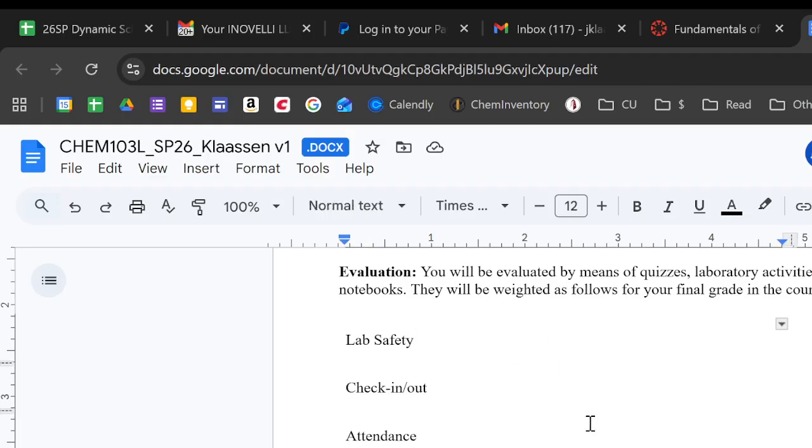So this right here is your grade breakdown. This is the part that people usually care the most about on this syllabus, unfortunately. This is the lab safety. Did everybody complete the lab safety modules last week? That's worth 10%. Congratulations. You could get dinged if you just refuse to follow safety guidelines in lab, but congratulations. You've made 10% of your grade. It was pretty easy, right? Not exactly the most challenging of material there.